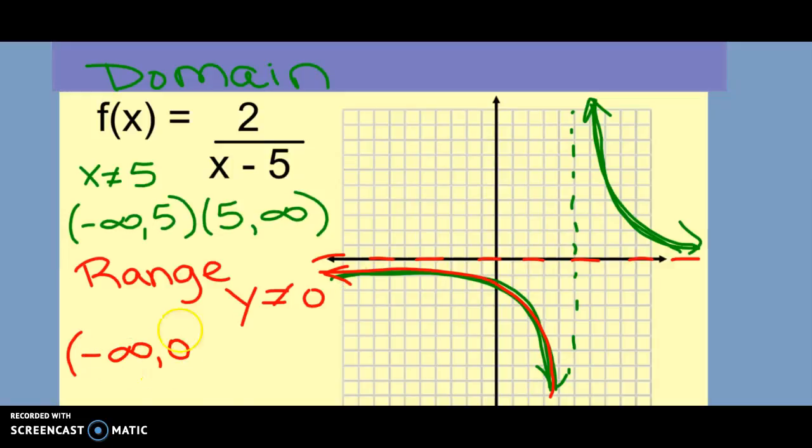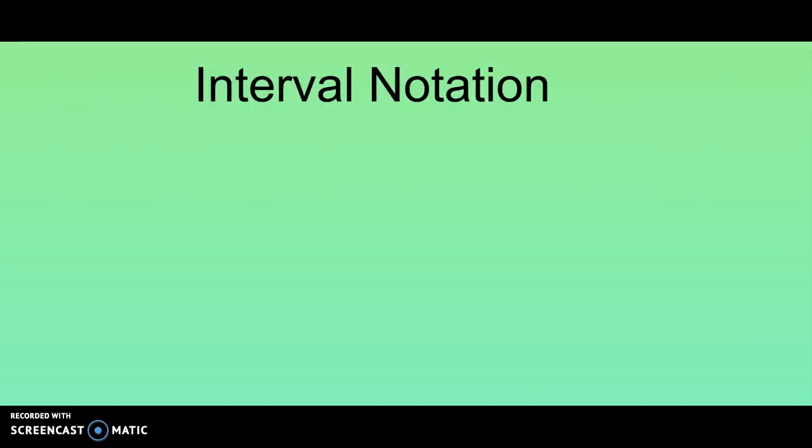All right, it cannot equal 0. And then it starts again at 0 and goes up to infinity. So 0 to infinity. There's how you write domain and range. All right, let's go on and talk about, I think I just pretty much talked about interval notation, so we'll